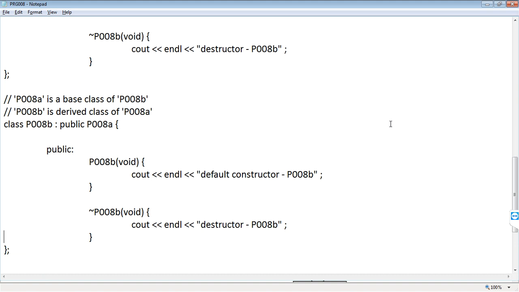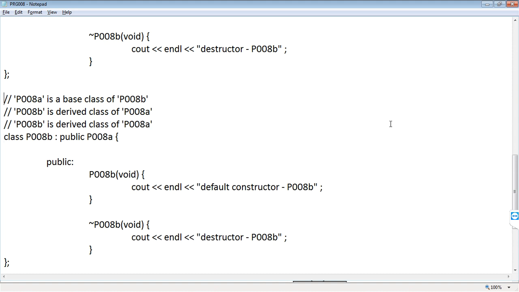Okay, now here again I type it. P008A is a base class of P008B. P008B is a derived class of P008A, as well as P008B is also a base class of P008C.